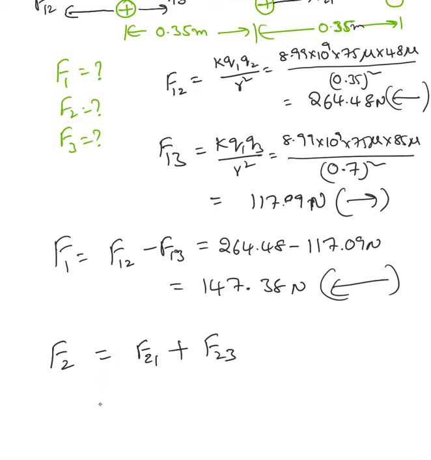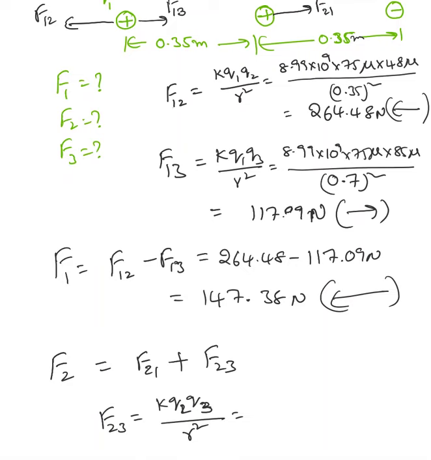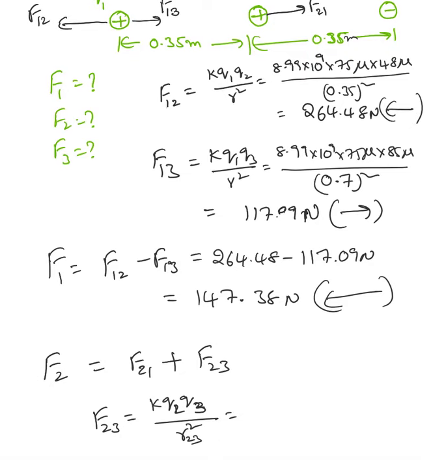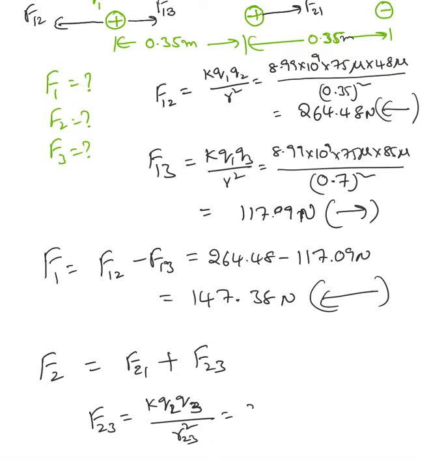And we'll find F23, force on 2 because of charge 3, k Q2 Q3 over R square. If you want to distinguish, you can write it down as 2 and 3 or 2 3 square. This value I have